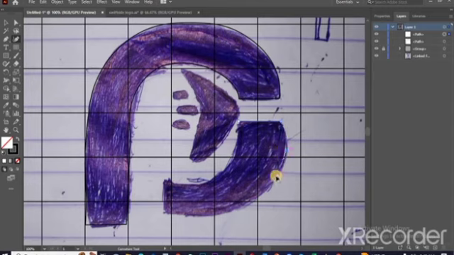I'll click here again to move on. I'll go back again and drag it to align it to the line. I'll come back here again and click to move on. I'll click here and click here and move on. Come back again, drag it inside, so it's aligned to the line. Click here again to move on, and